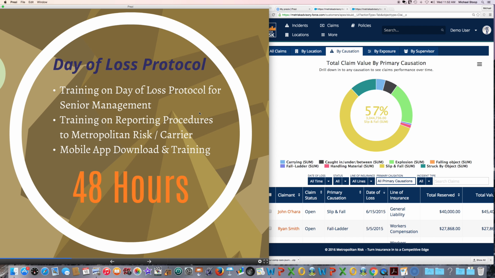We do a day of loss protocol. Again, our whole system's predicated on a three-pronged attack. So there's the pre-loss, there's the day of loss, and then there's a claims management piece. So the day of loss protocol is really, really critical. How you handle an employee incident over the first 48 hours will ultimately determine how expensive that employee injury may